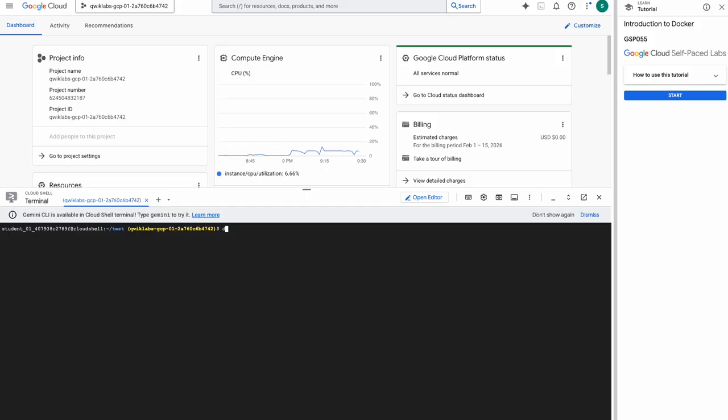So I will just run docker run -p 8080:80, then I can give some name across it, this is my container name, my app,